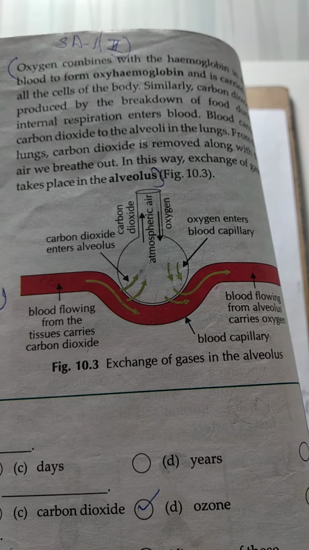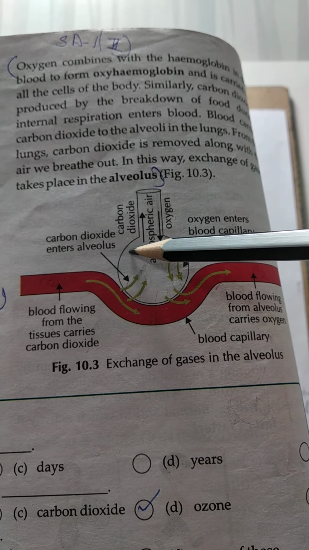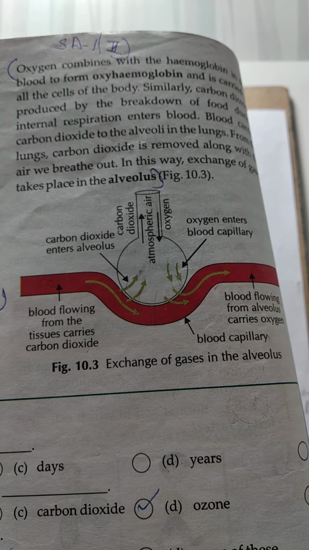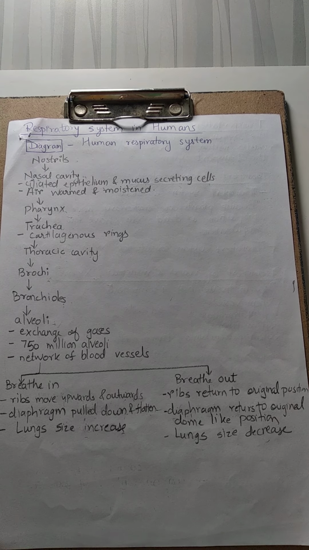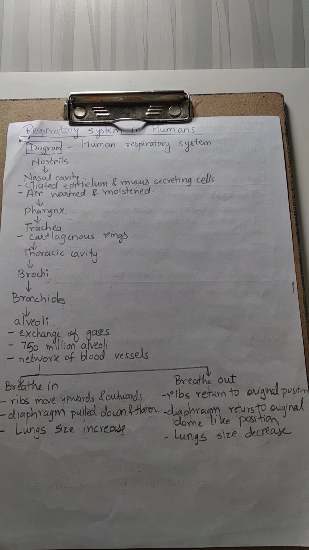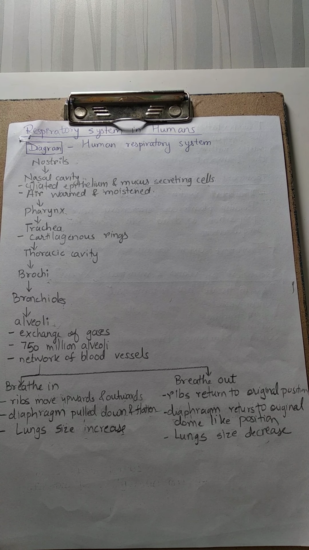So this is how exchange of gases takes place in the alveolus. The alveolus has a very thin membrane through which diffusion becomes very easy and efficient. Do you know that lungs are the only organs in the body that can float? One question is usually asked in your exams: why is diffusion insufficient to meet the oxygen requirements of multicellular organisms like humans?